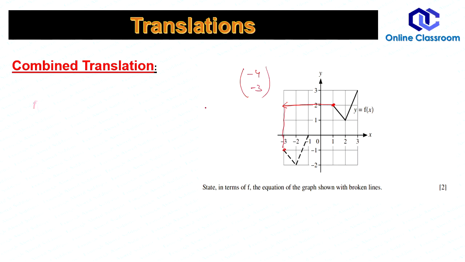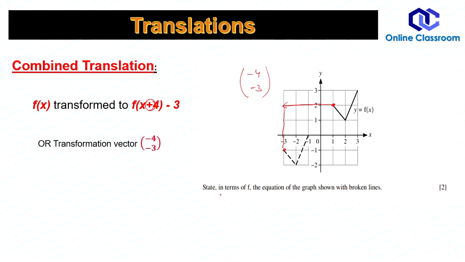And how can you show in terms of f? You need to write plus sign here, because you have to use this sign opposite to the translation in case of horizontal translation. Or you may write in the vector form, but the requirement is clearly mentioned, state in terms of f. To earn 2 marks you have to write this line only, that's it. Plus 4 with domain and minus 3 with the whole function. This was the question. It was asked in last year exam 2020.